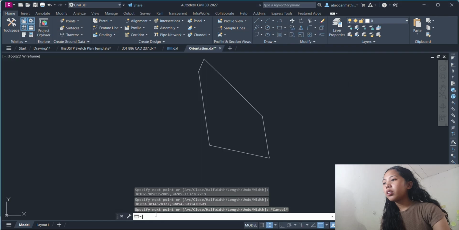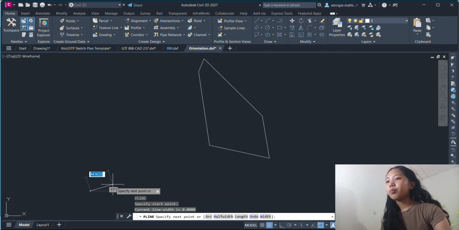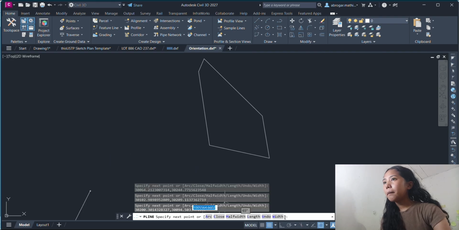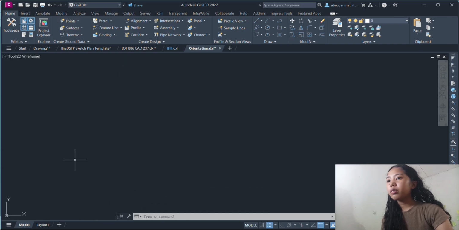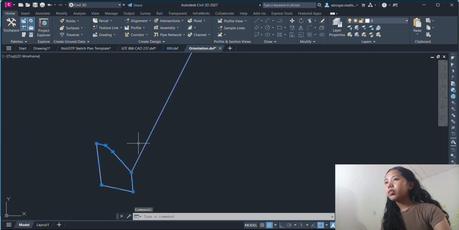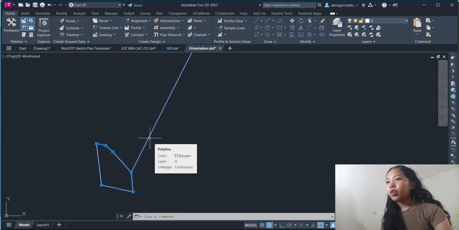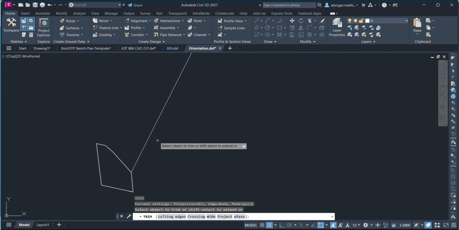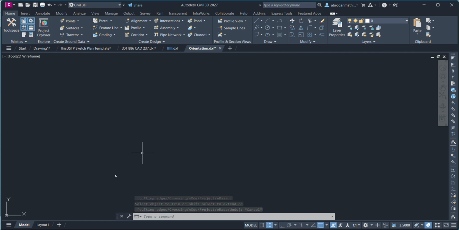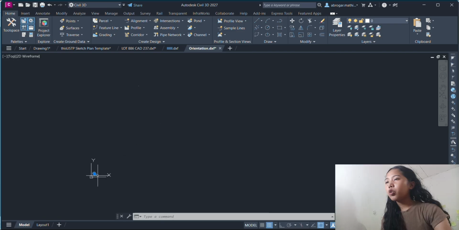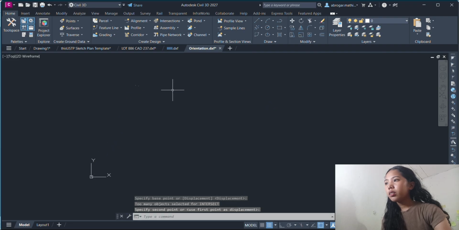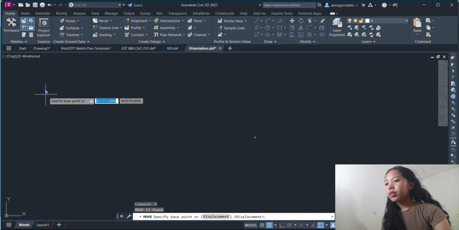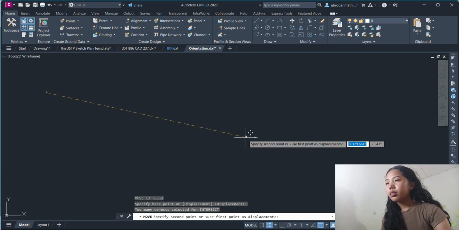Then change file name to orientation, then save. Okay. Then go to AutoCAD. No, don't X, then don't save. Open. Go to Civil 3D. Open the orientation. You just download it. Then zoom, extend. So we can see